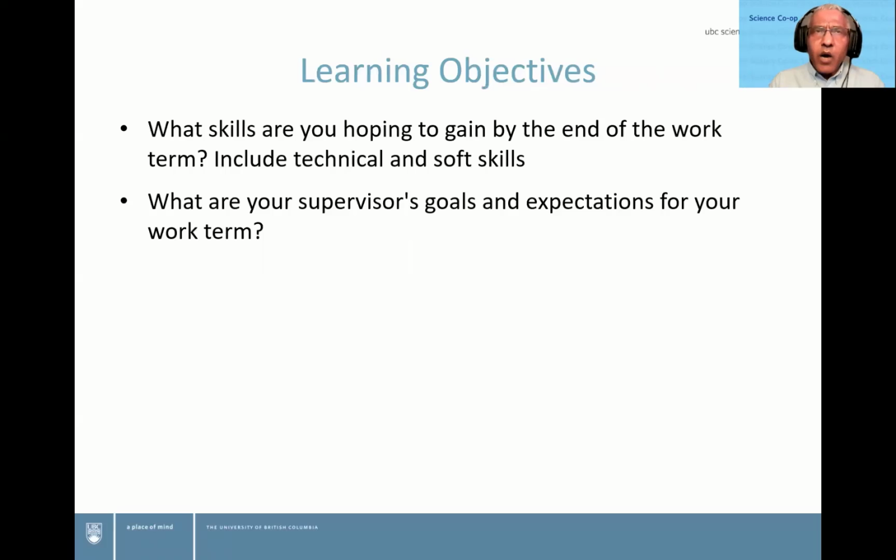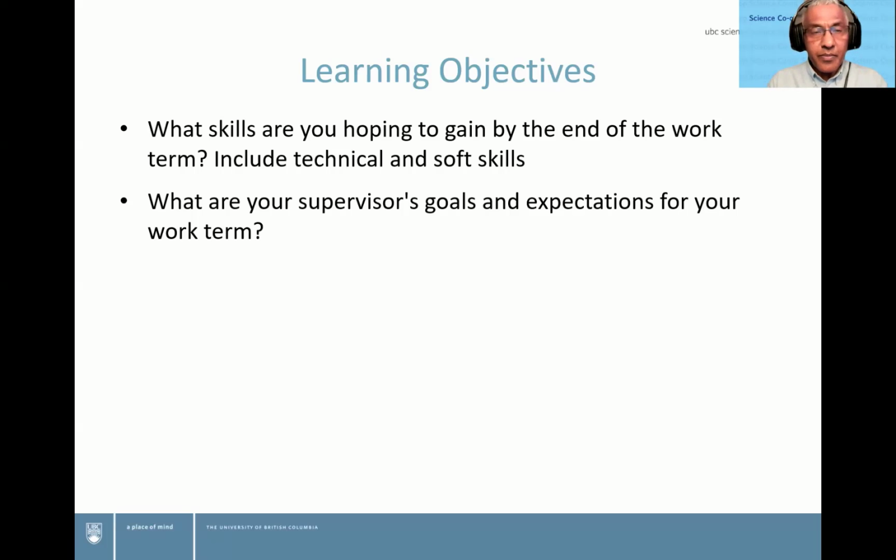What do you want to get out of that co-op work term? Of course, you are there to learn some technical skills. These could be lab skills, this could be programming skills. You also want to develop your public speaking skills. You maybe also want to get a better understanding of that particular industry. Maybe you also want to make some connections in that field. So be broad, discuss all of those with your supervisor so that you can get maximum benefit out of your